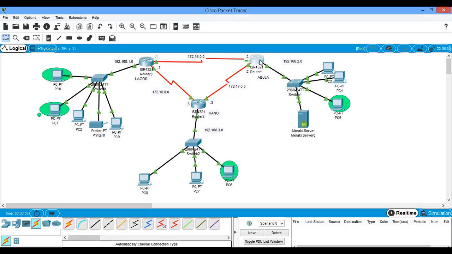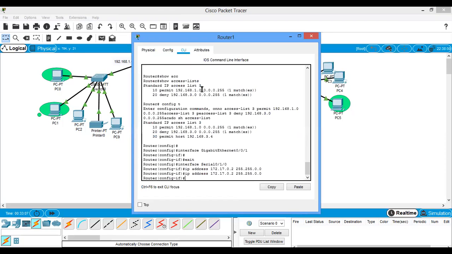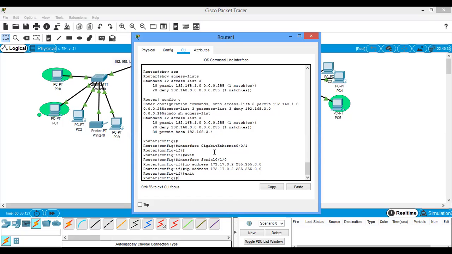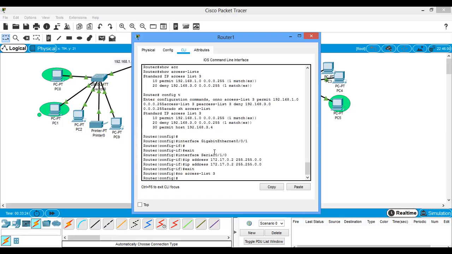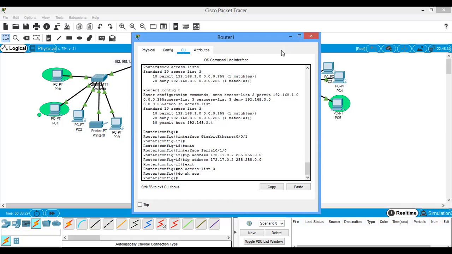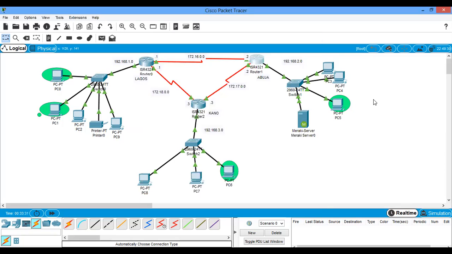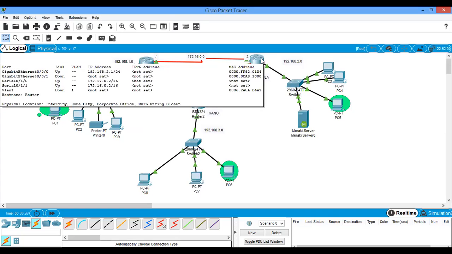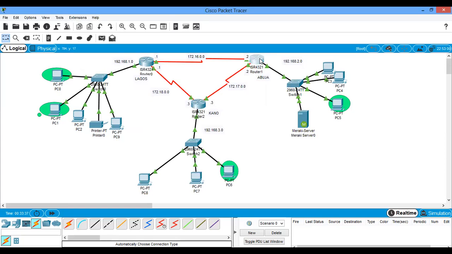So let me come here and cancel. I say no access-list 3. I used 3 here. Do show access list. That's gone. So if it's gone, on the interfaces too,